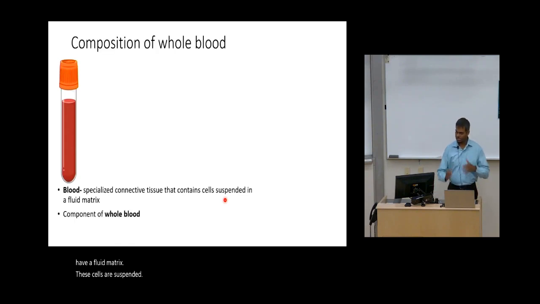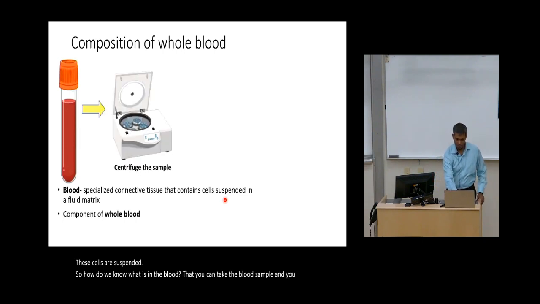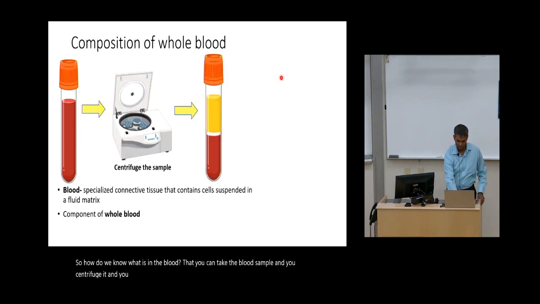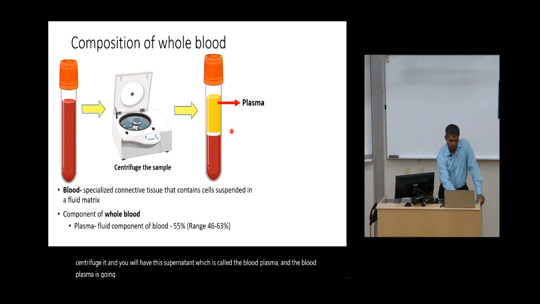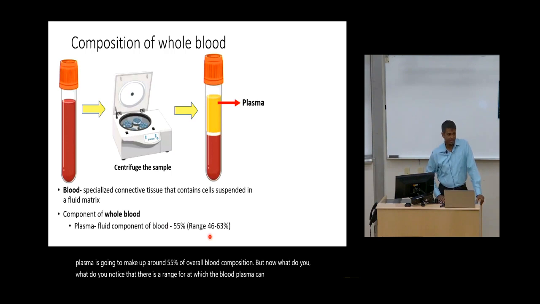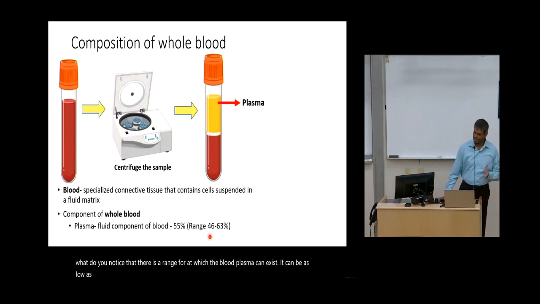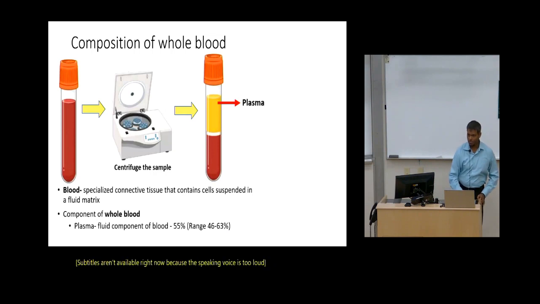So how do we know what is in the blood, right? You can take the blood sample and you centrifuge it, you will have this supernatant, which is called the blood plasma, and the blood plasma is going to make up around 55% of the overall blood composition. But I want you to notice that there is a range at which the blood plasma can exist. It can be as low as 46 or as high as 63, and this really depends on the level of